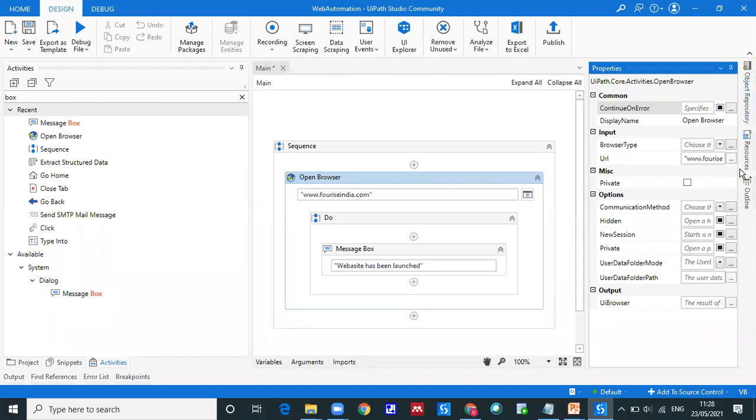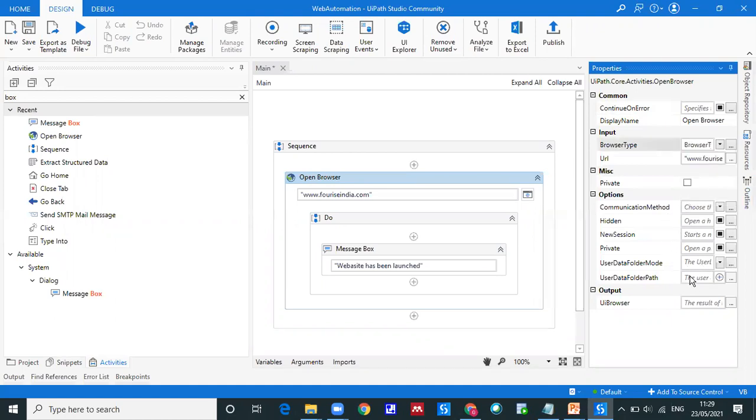Okay, don't write anything. Then this is a URL. Here is one more option we call browser type. So browser type is the thing, but what are the browsers we have by default? So that is Internet Explorer, Firefox, Chrome, Edge, Custom. Done. So out of these, by default, Internet Explorer will get selected. Okay. So right now I'm going to use, let's say, Firefox. Okay. Otherwise, you can use Chrome as well. So let me use Chrome.